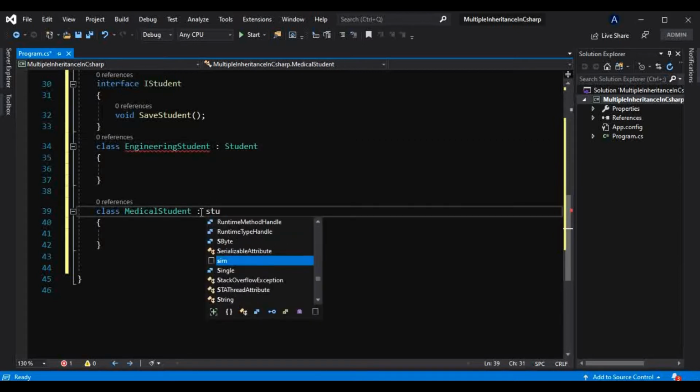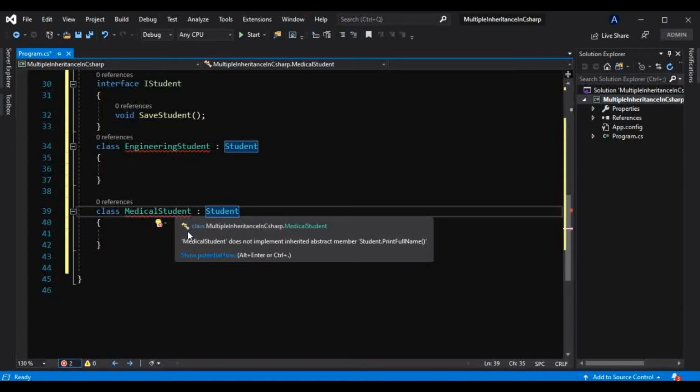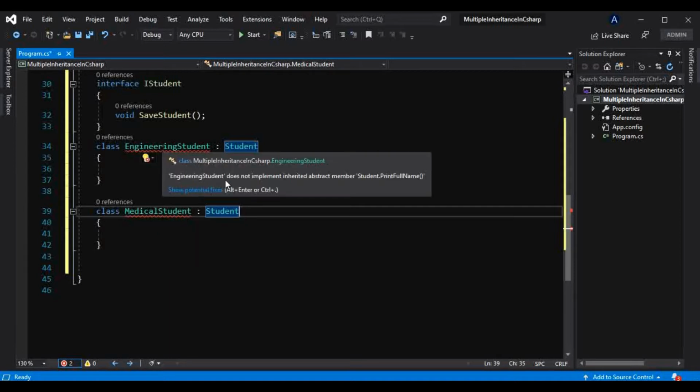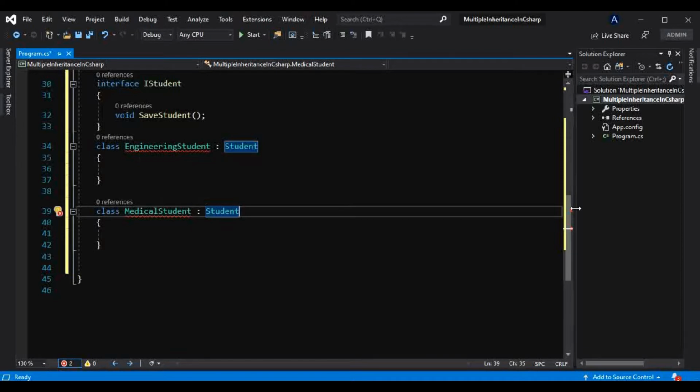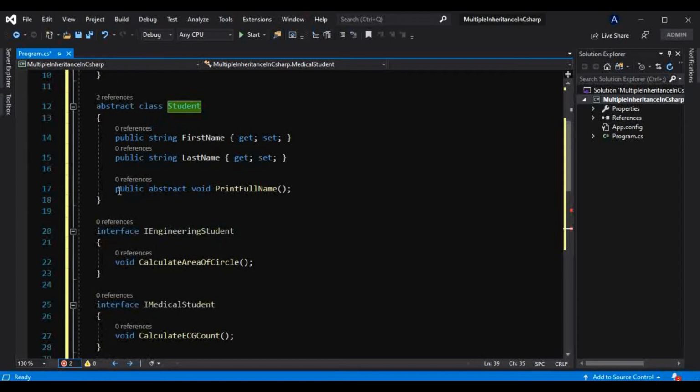And as soon as I have done that, a red squiggly line comes, and it says medical student does not implement inherited abstract member student.print full name, and similarly engineering student does not implement inherited abstract member student.print full name. So if you don't want that red squiggly line, you have to implement that abstract base class member, that is this print full name.